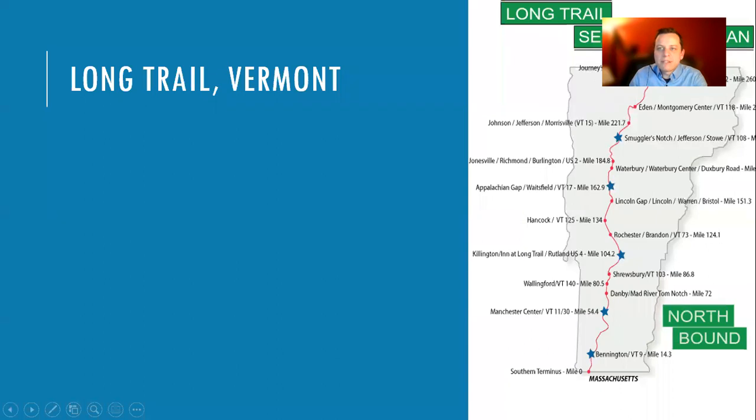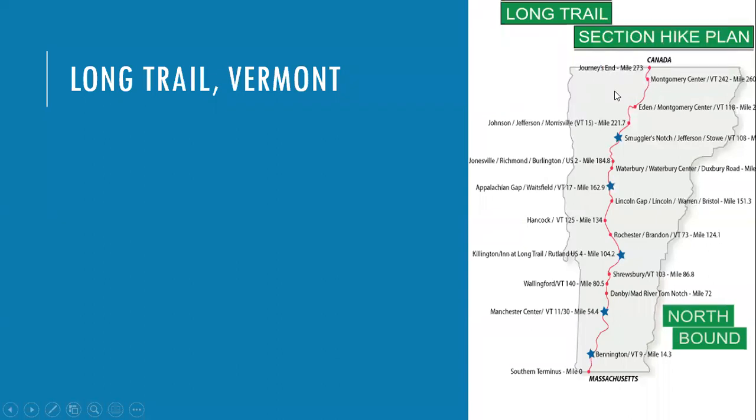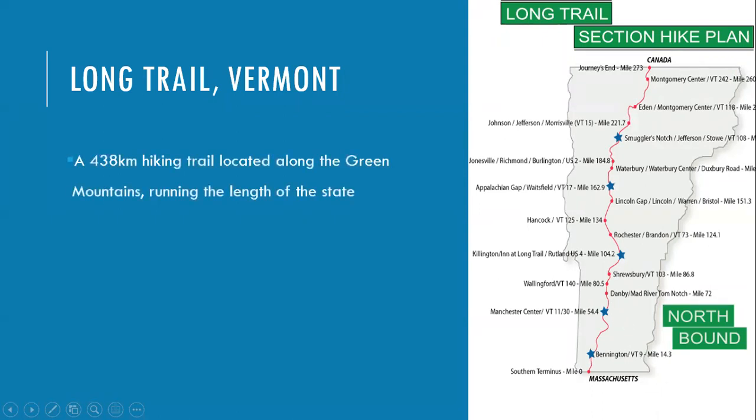A different map of the state of Vermont shows us a trail. This is called the Long Trail, and long it is. It is 438 kilometers long, and it goes all the way from north to south. And you can see in miles how long that is. Remember, I mentioned yesterday that in the United States, they use miles and Fahrenheit and feet and inches. So that's why you'll see the word mile when you look at American maps.